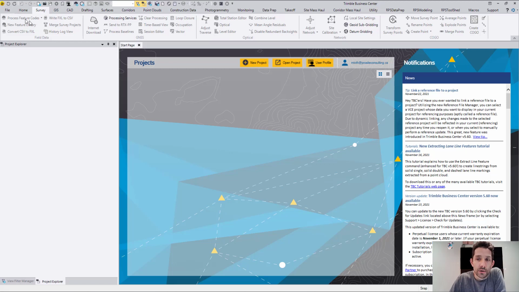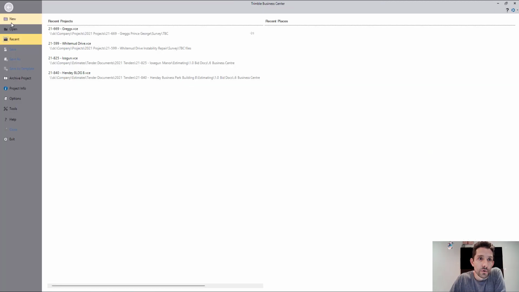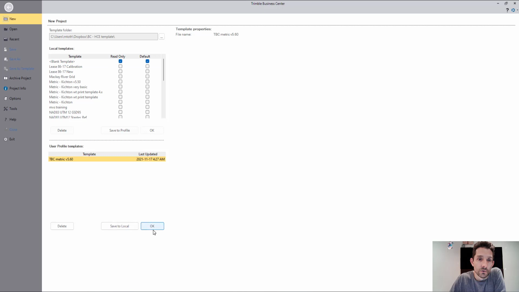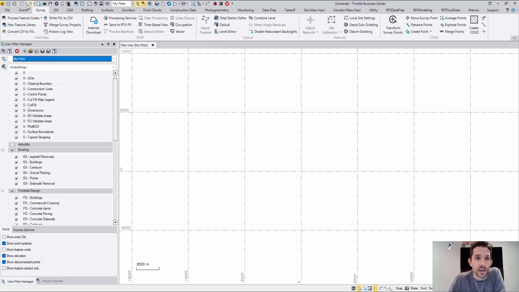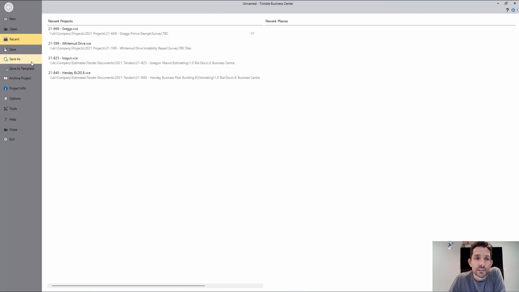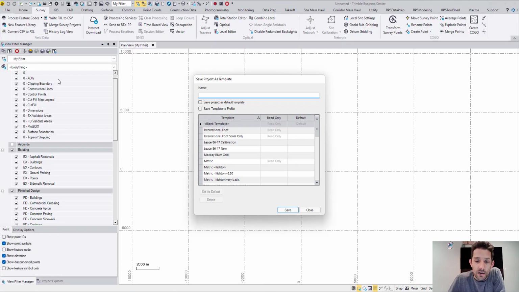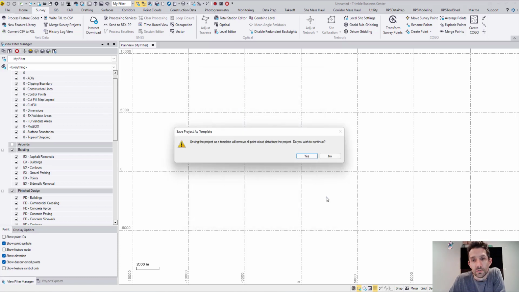Let's open up a new project here and let's take a look at how to save the project. Let's say I changed something in my template, I added a layer or whatever, and I want to save it to the TID. I'm going to go to save as template, put in the name 1234, and as you can see here, it is saved to template to profile. So once I save it,